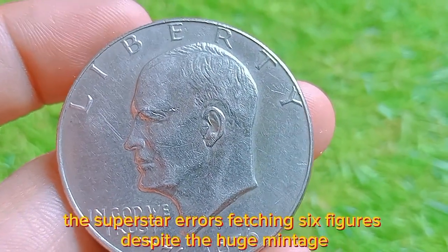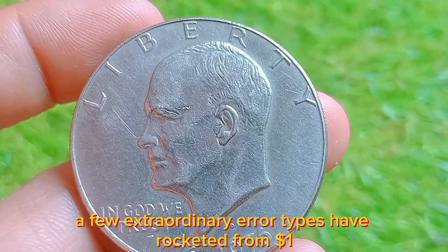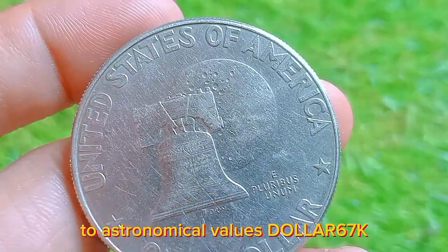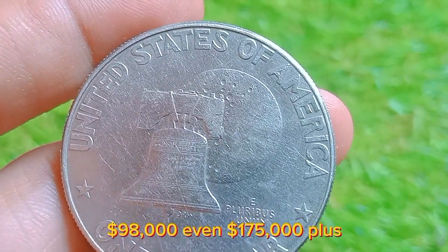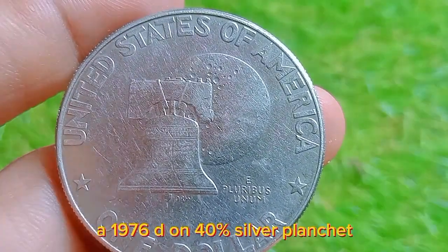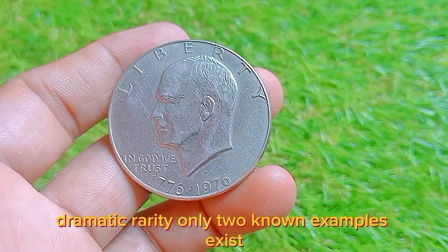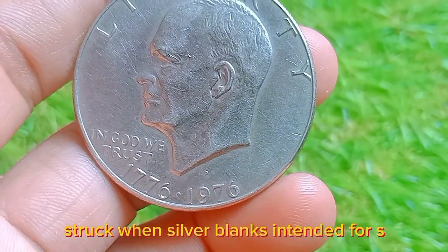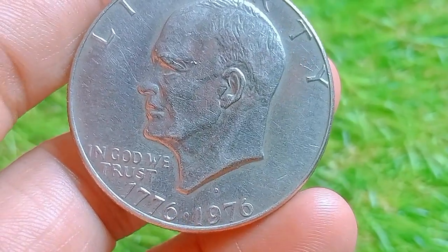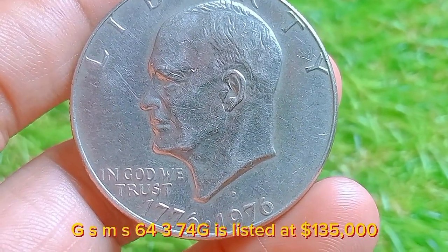The superstar errors fetching six figures. Despite the huge mintage, a few extraordinary error types have rocketed from $1 to astronomical values, $67,000, $98,000, even $175,000 plus. A. 1976 D on a 40% silver planchet. Dramatic rarity: only two known examples exist, struck when silver blanks intended for S-mint proof dollars were used in Denver. One finest known coin, graded PCGS MS64, 374 grams, is listed at